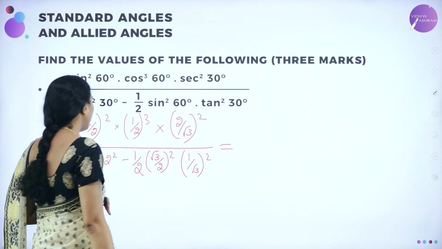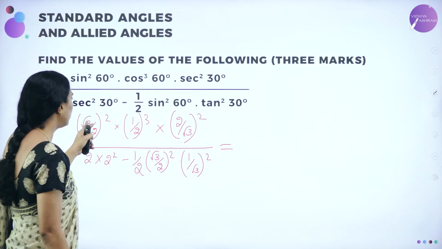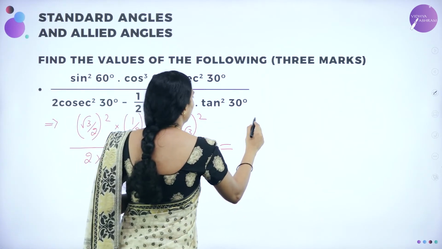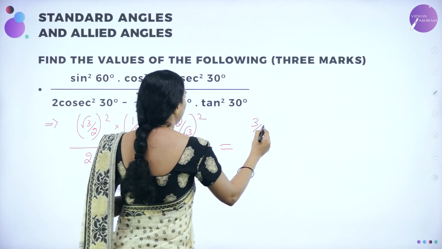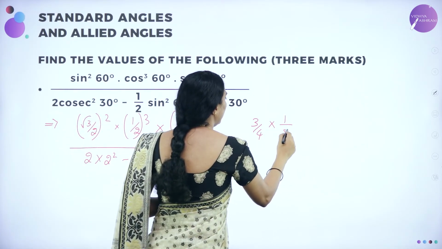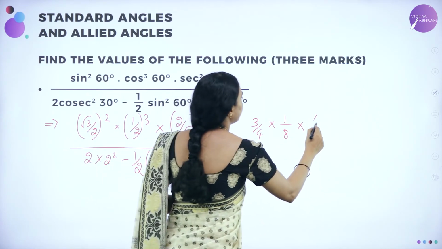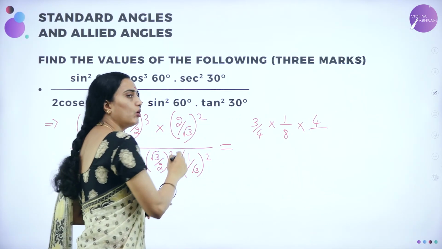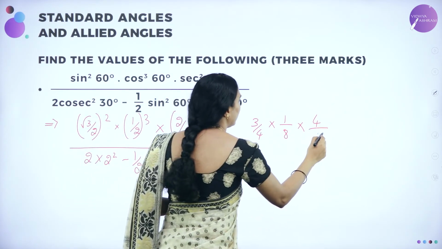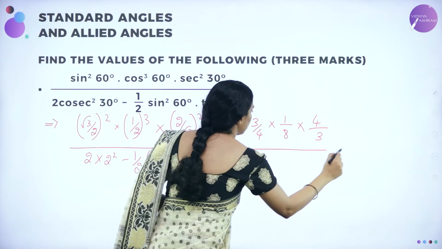Ds, you can cancel over here, whichever it will get cancelled by simplifying this. See, root 3 whole squared is 3 by 4, correct, into 1 by 2 cube. 1 cube is 1, 2 cube is nothing but 8, into numerator I am writing. 2 squared is 4 divided by root 3 whole squared. Root will get cancelled, 3 divided by, if you want you can write into, otherwise try to solve this one